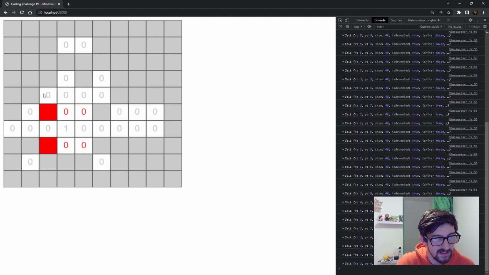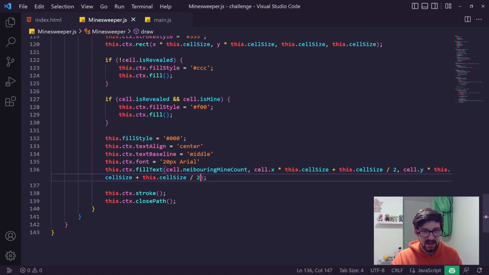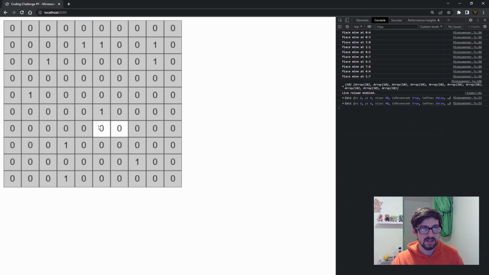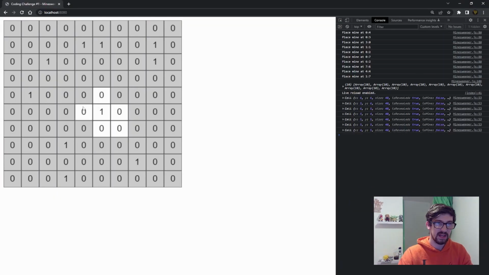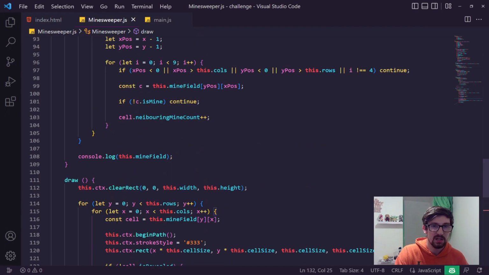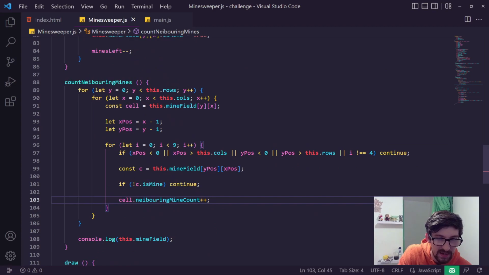Alright, I know this is broken because, well, some of them are red. Why are those ones red? Look, the fill style is set right here, so why is that... Oops. There we go, that's good. It's only working for the top left because we are not incrementing our X position and